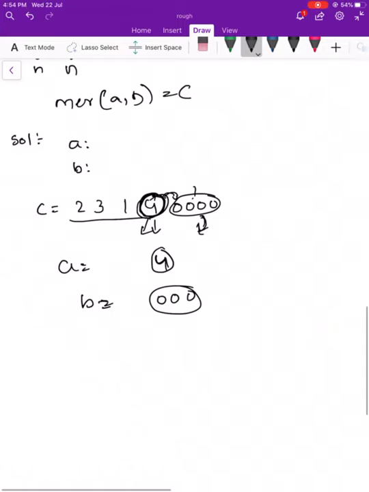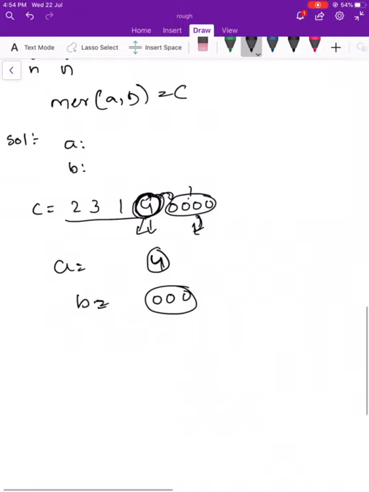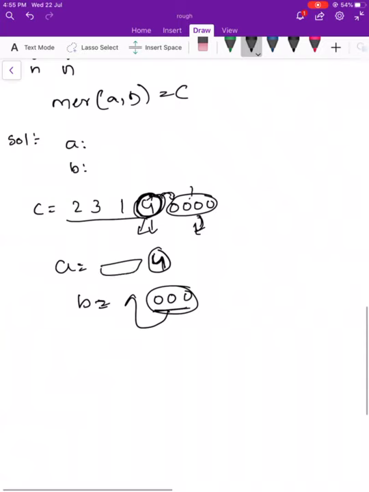Since 4 is the biggest element in the entire array C, the elements of B would definitely come before 4 in the merge, because they are less than 4.